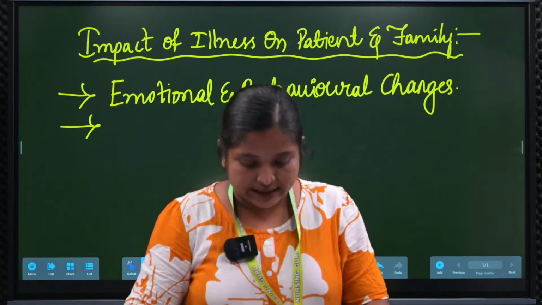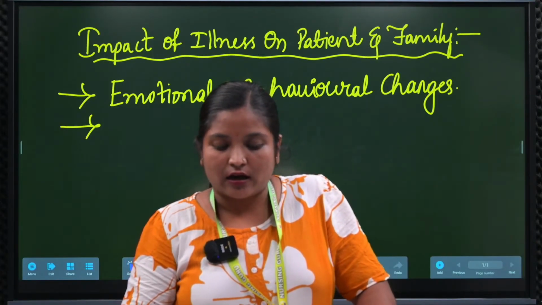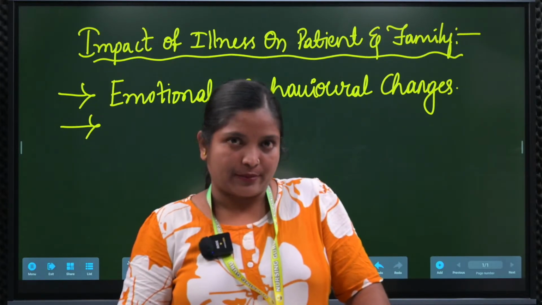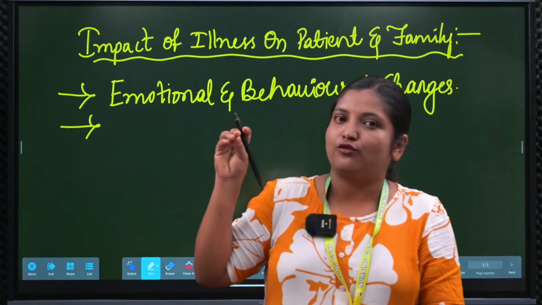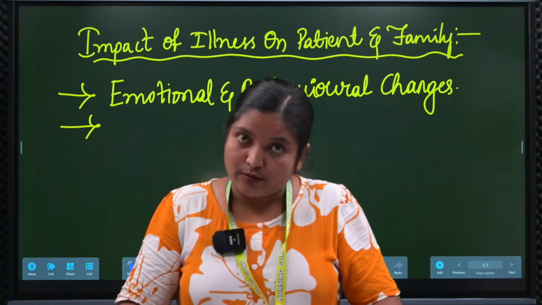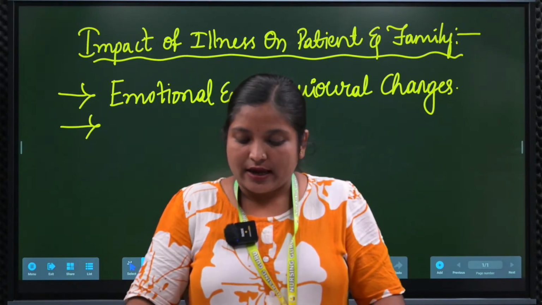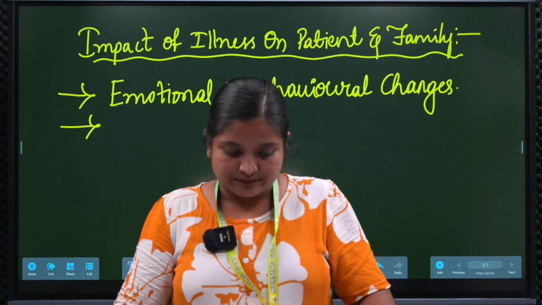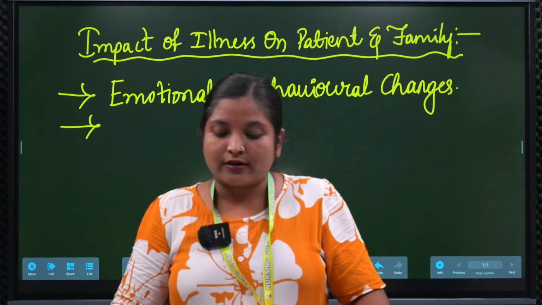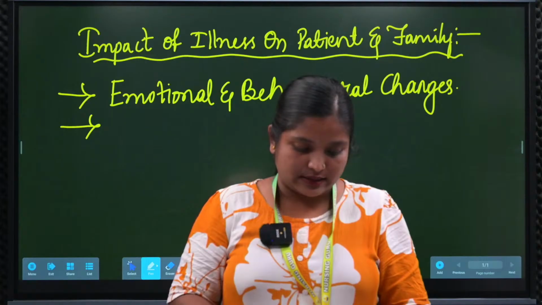So the next one is the impact on family roles and dynamics, which means additional stress on your family members, and the financial problems they can face. Okay, so that is the kind of thing we can see. And the next one is the impact on your self concept also. So how is it going to affect us? We can see that